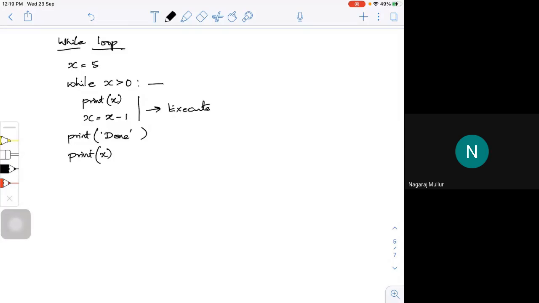So what does the while loop actually do? It is doing repeated steps. What is this x actually? X is some kind of a variable. X is a variable I have defined that changes.